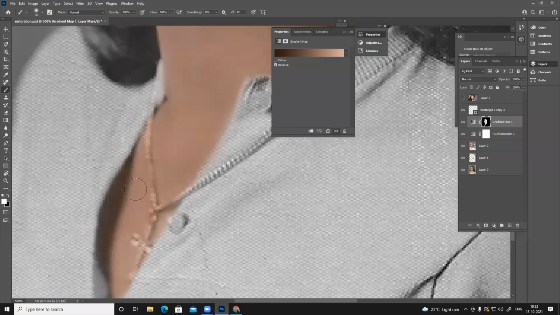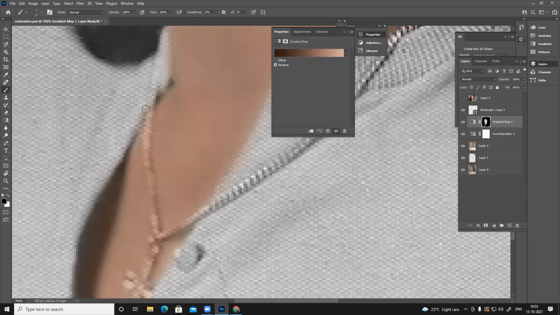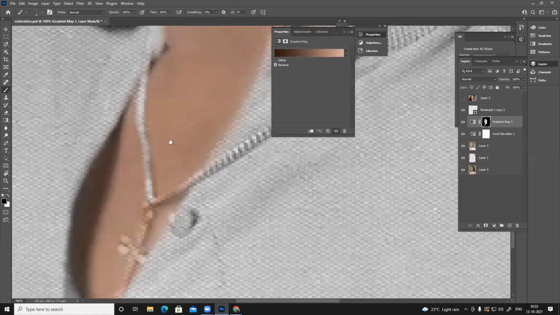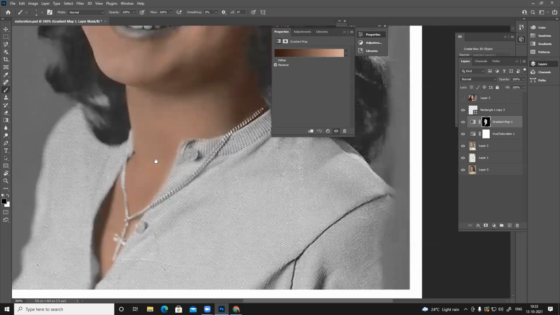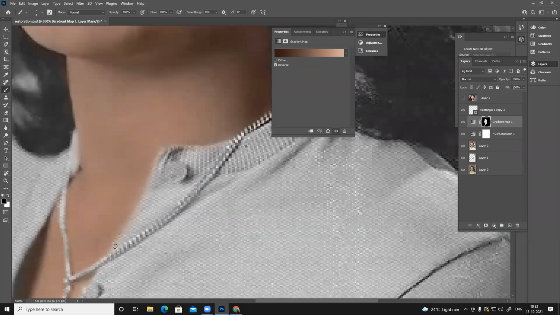So what I'll do, I'll press X, switch this, or I can click on this button, switch it, reduce the brush size. Now I'm going to paint black. I have to make sure it's clean.